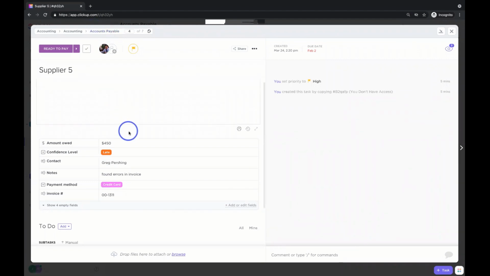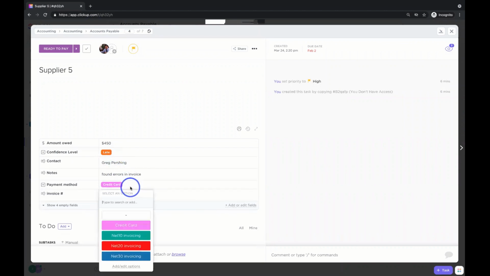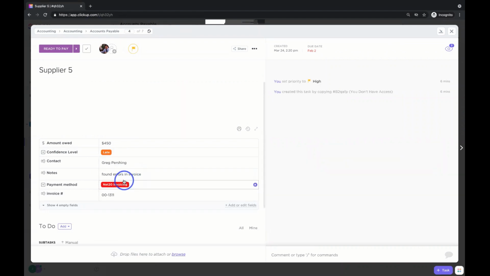But if we were a content team, we might have custom fields here that are specific to content, whether it's in a particular review status, what are the keywords we're going for? Those all might be different custom fields that we can create. We can edit or change these custom fields just by clicking them, but the custom fields are really important for us because they allow us, again, to track important information across different tasks that we're working on.